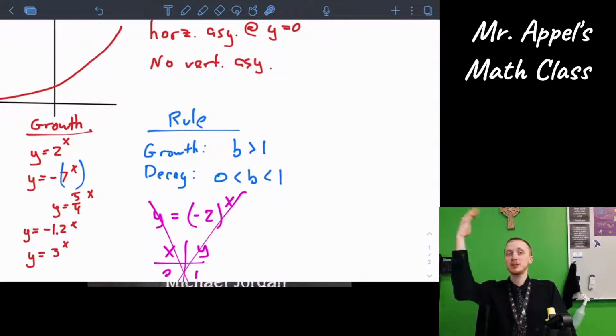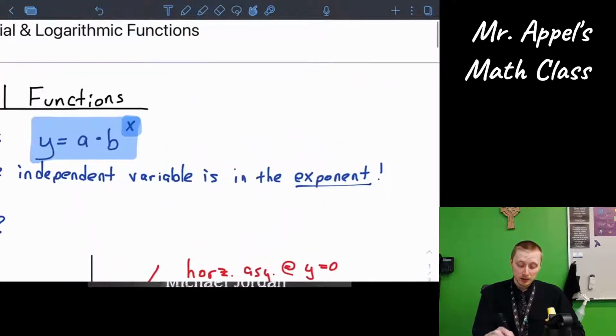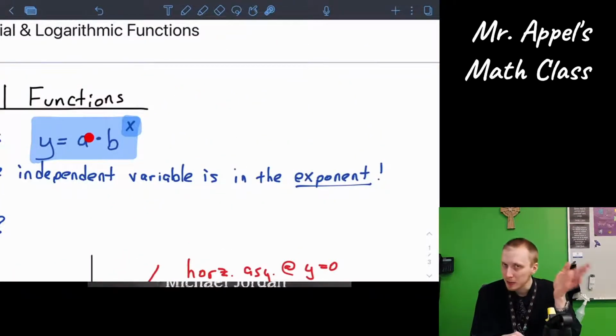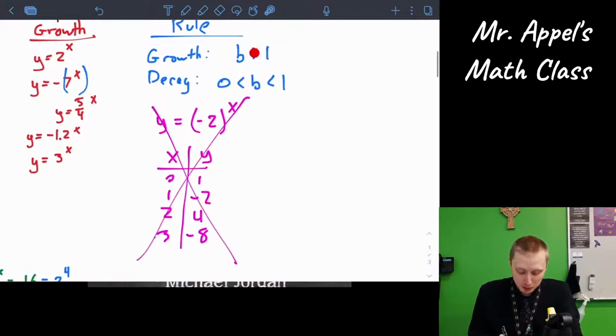Exponents mean, at least one interpretation of an exponent means repeated multiplication. I'm going to take whatever I start with, whatever a is. If it's not there, remember it's an invisible 1. I'm going to multiply it by b how many times? X times. So as x increases, I'm multiplying by b again and again. If b is more than 1, I'm multiplying and I'm getting bigger. I'm growing. If b is a fraction, less than 1, but still more than 0, then we have decay,